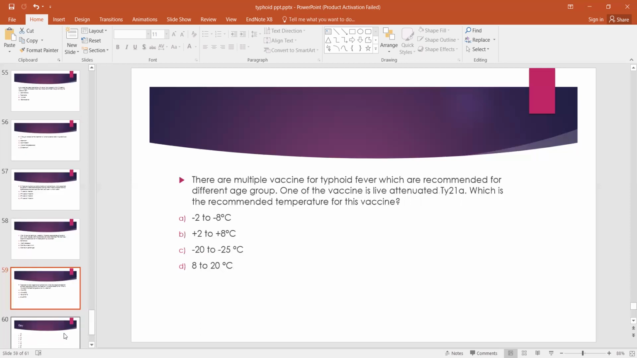There are multiple vaccines for typhoid fever which are recommended for different age groups. One of the vaccines is live attenuated typhoid 21A. What is the recommended temperature for this vaccine? -2 to -8 degrees centigrade, +2 to +8 degrees centigrade, -20 to 25 degrees centigrade, or 8 to 20 degrees centigrade? A. B is the right answer, +2 to 8 degrees